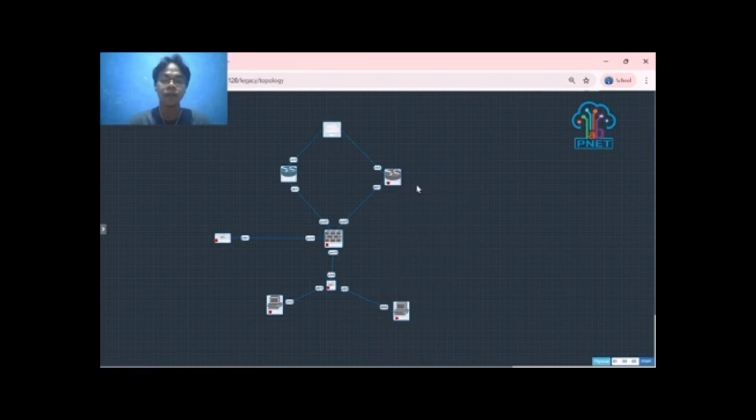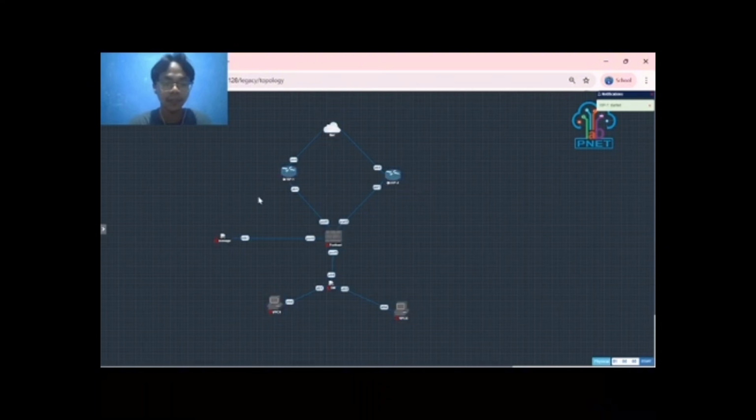For the first step, we must start all nodes. Okay, this is just loading.